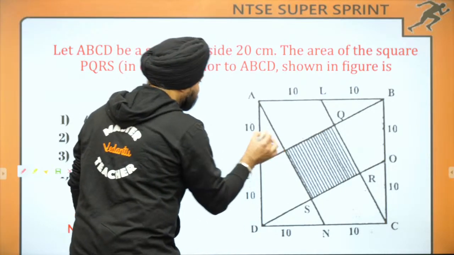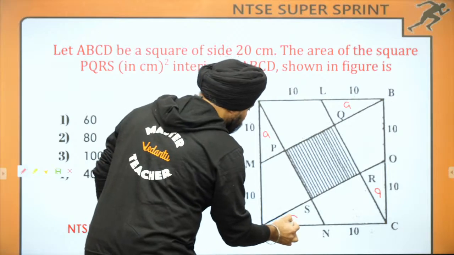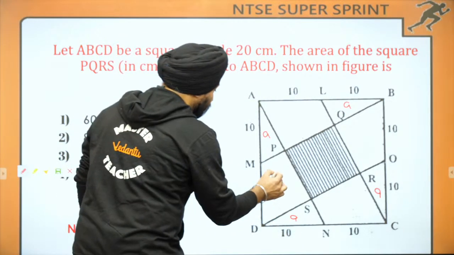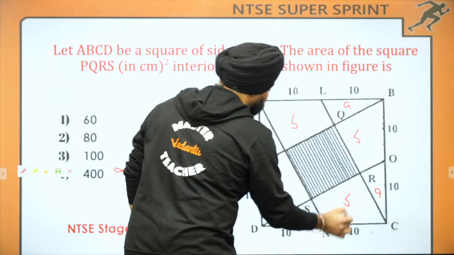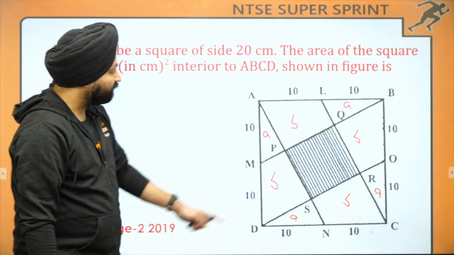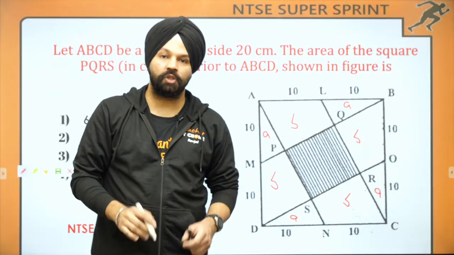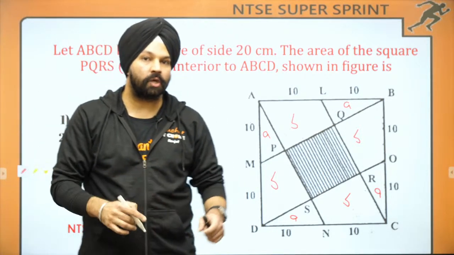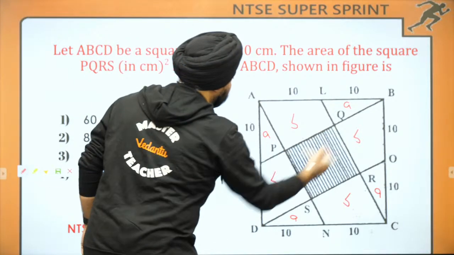If the area of this is A, this is also A, this is also A, this is also A. If the area of this is B, this is also B, this is also B, this is also B. Now I am left out with this square. For all those who are in a position to visualize this question properly, they can easily check that if I pick